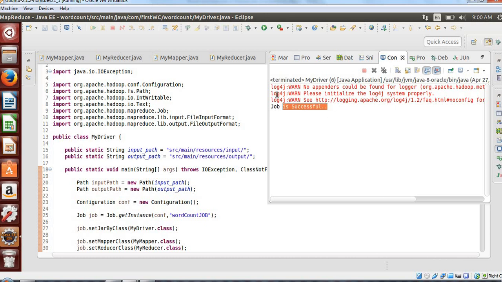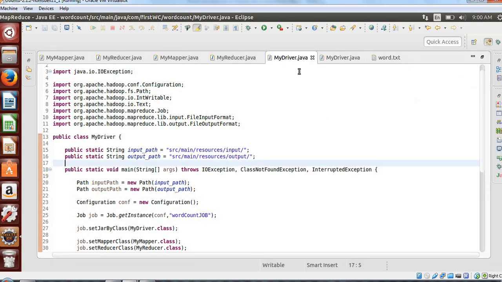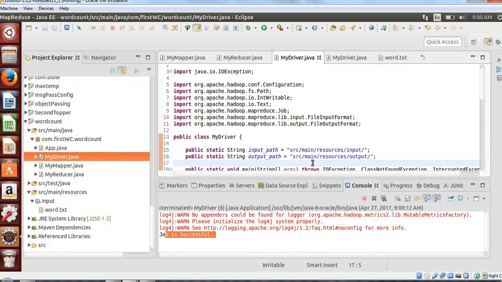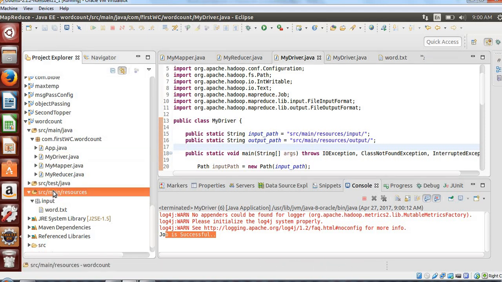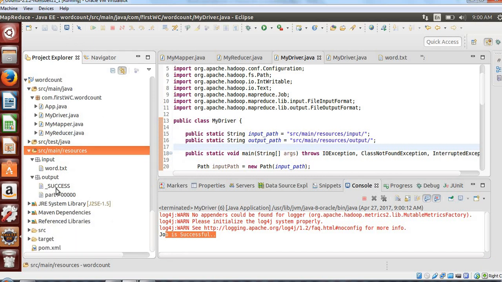You got a message, job is successful. Let me check the output. Your output directory is src/main/resources/output, but that folder is not here, so I'll do a refresh. You will get the output directory here. Open it. Two files got created.